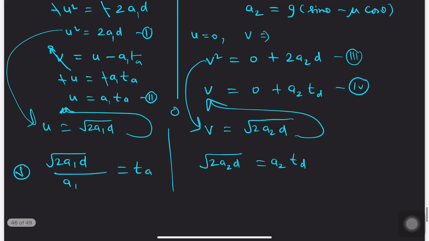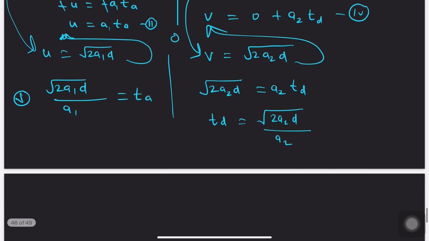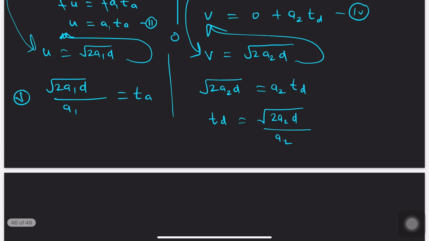So t descent is equal to under root of 2a2d divided by a2. Now if I write this equation, I will get ta